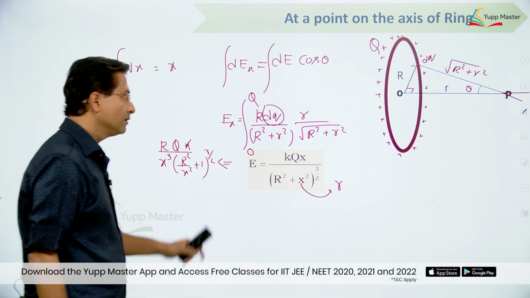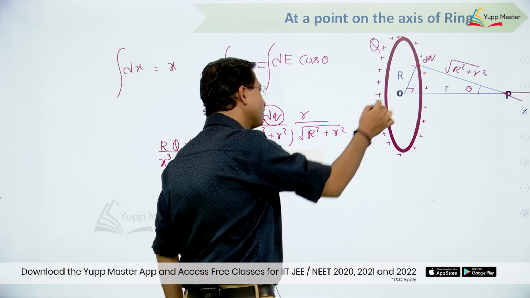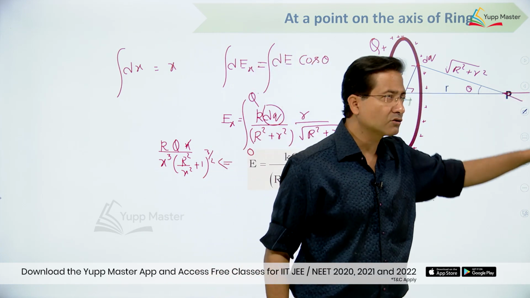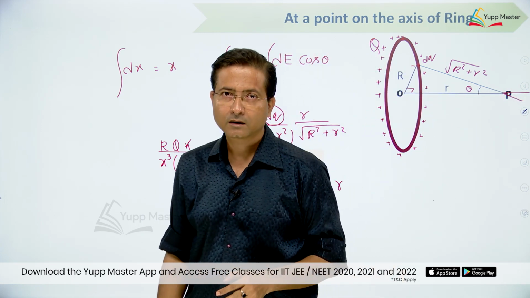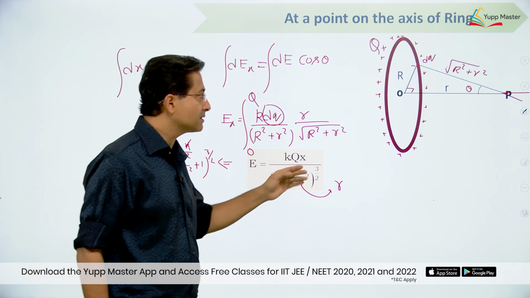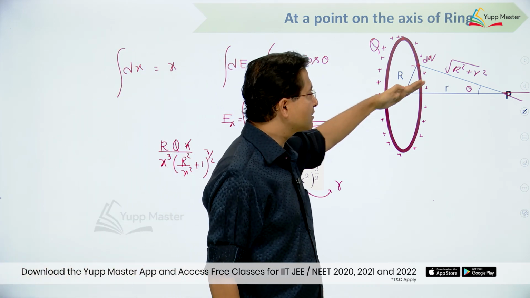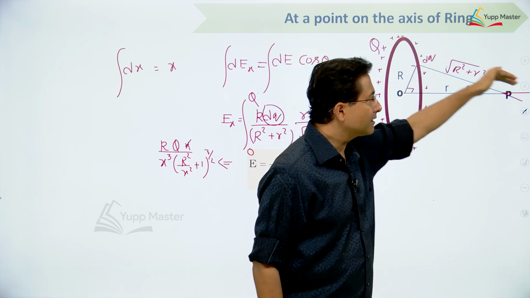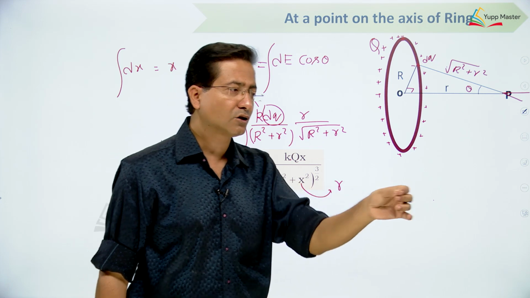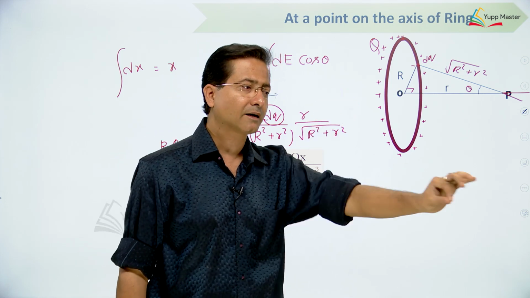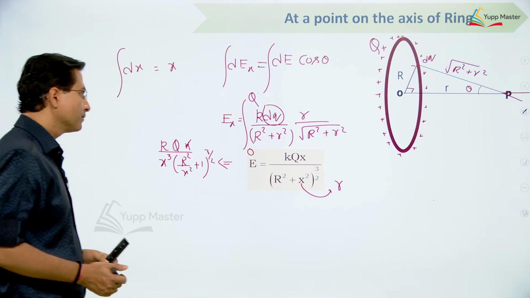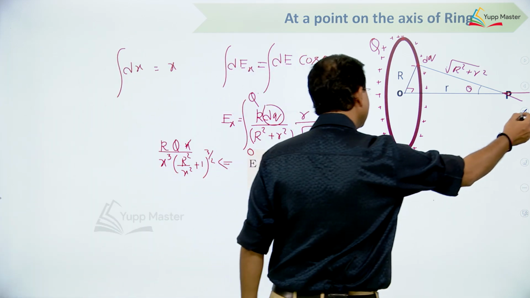So the field due to ring at the center of ring is 0, and as you go till infinity it keeps reducing, it again becomes 0, right. So possibility is the field may have achieved its maxima somewhere in between, and then it gets reduced. So from 0 to 0 field reaches its maxima, then again it becomes 0, right. So let us check the condition for maxima.